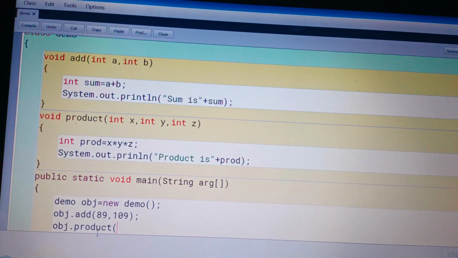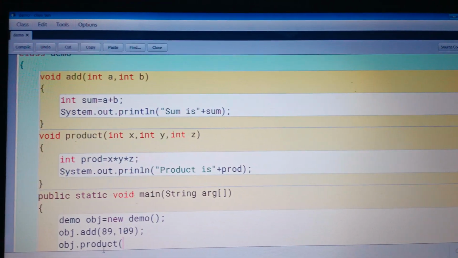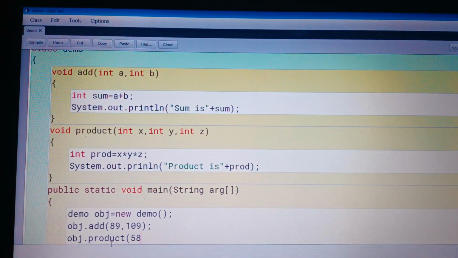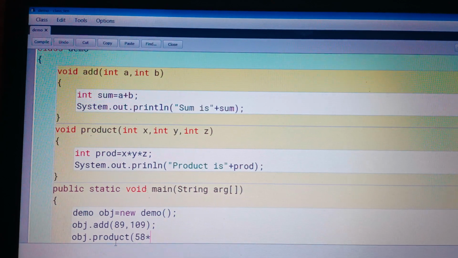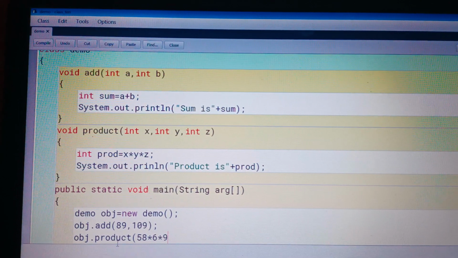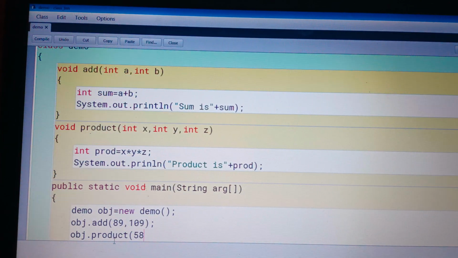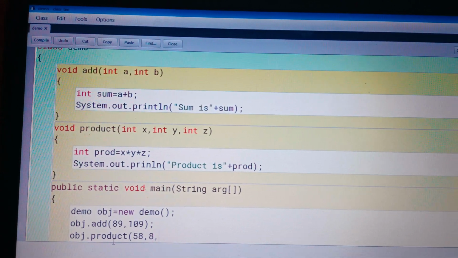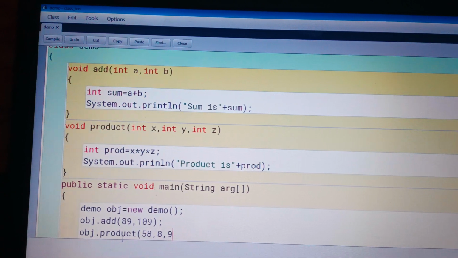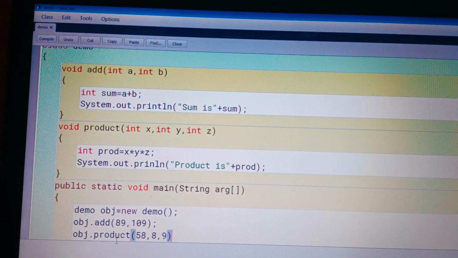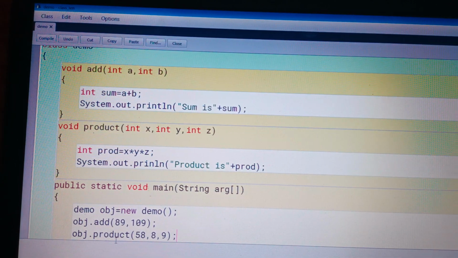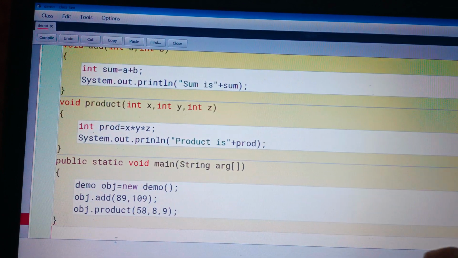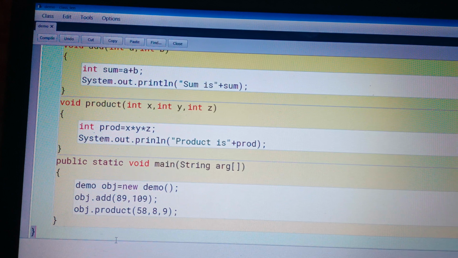Okay, so here I am passing 58, 6, 9, just separated by comma, these three values. Then semicolon. After this, close the main method and close the class.